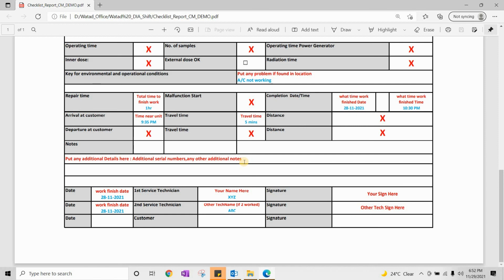Suppose you went to some work and you were not able to work on that machine at that time, so they told you to come after 1 hour. Then when you went after 1 hour and fixed the issue, it took you only 15 minutes, it was a minor complaint. But your start time will be the time when you got the complaint. So for example, at 9:30 they called you, you went to the machine, they told you to come after 1 hour, and you went again at 10:30 and finished within 10 minutes.